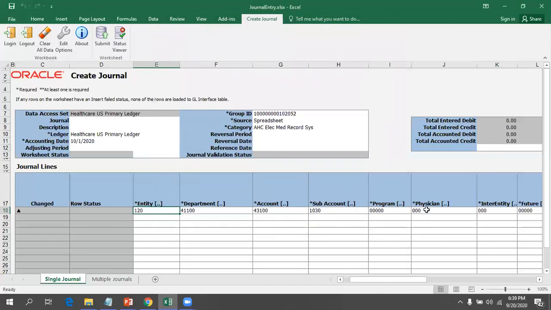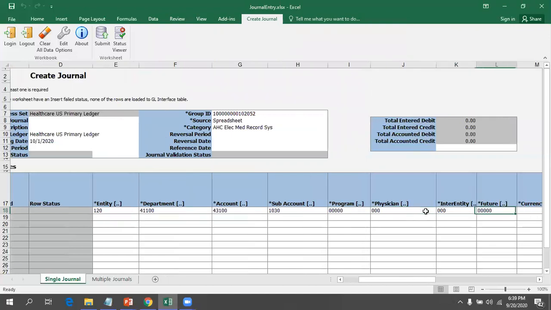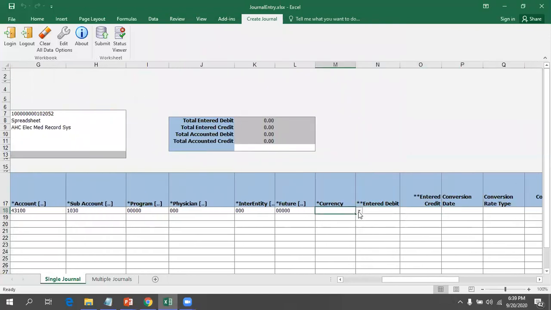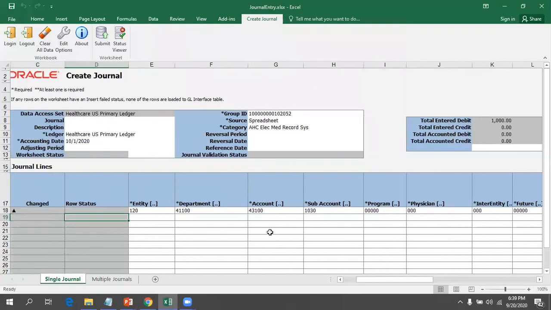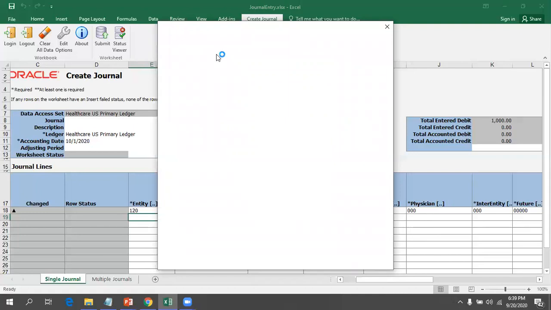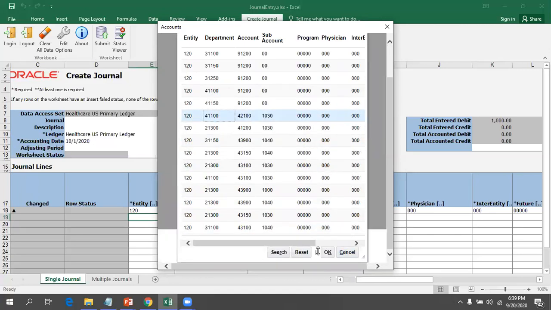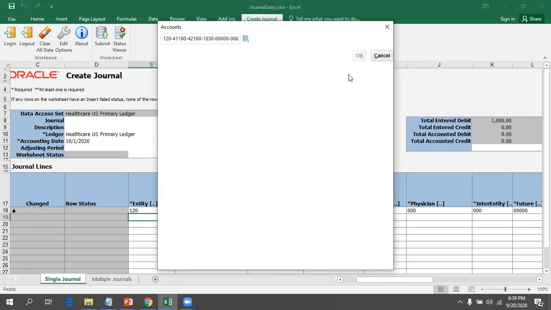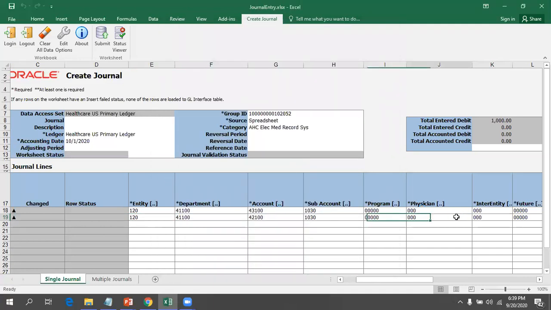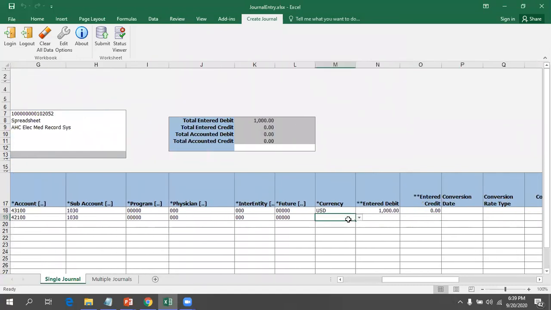So as you know, for a GL, the major set of mandatory columns are your particular currency, date, and your accounting flexfield, right? I'll just say 1000 for the debit and credit I'll say 0, and make sure that the data is balanced. So I'll just enter the second row also, and here click on OK. Just search it. Click on OK. Okay, the record got entered.